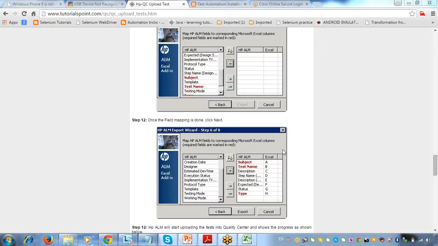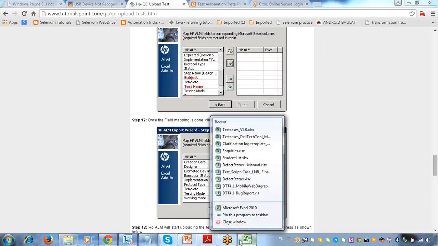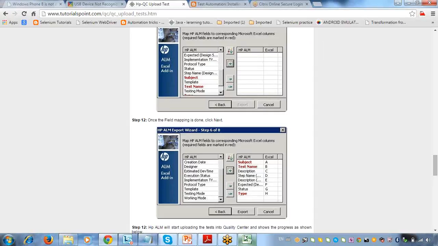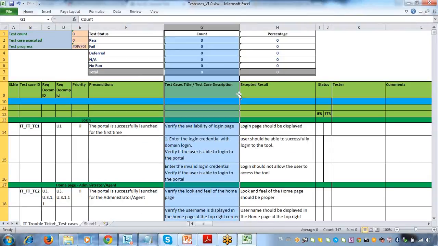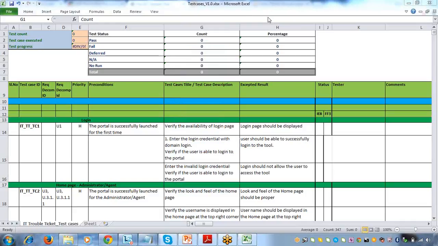Similarly, when you say expected results, what is my expected result? Here, if I go to my Excel, my expected result is H. Here my expected result is nothing but H. This is my expected result, H. Then what I will do is, while uploading,